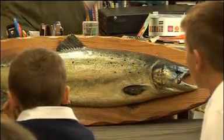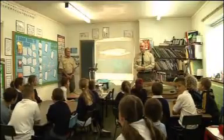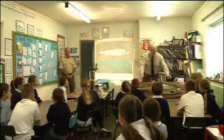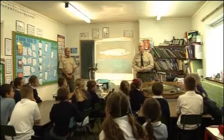I'm here to talk about the life cycle of the salmon, which is a wonderful creature, and it's a creature that looks very similar to this in front of you here. This is a model of a salmon that has actually caught...